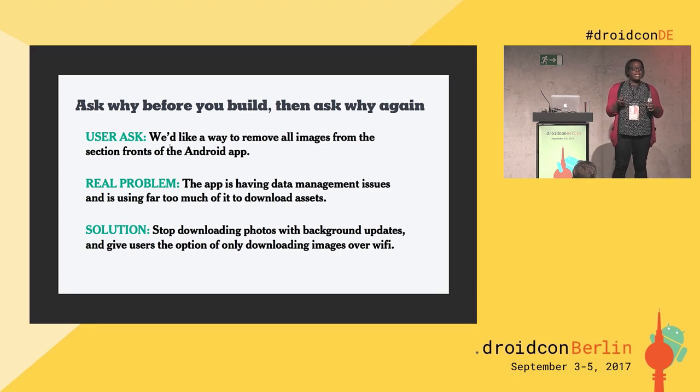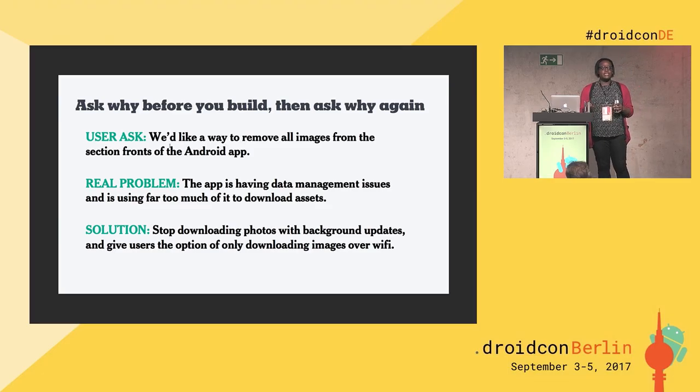Maybe we are eating up too much of your mobile data every month, and you think, hey, photos are a way that I resolve this in other apps. Some other apps have given me the option of turning off photo downloads. Maybe I should ask the New York Times to take away all the photos so that I can continue to read them without killing my phone bill every month. So in finding that out, maybe we discover that we have a data management issue that we need to resolve. Maybe we find out, here's an alternative solution. Don't load photos over data if a user has opted into not having photos loaded over data.